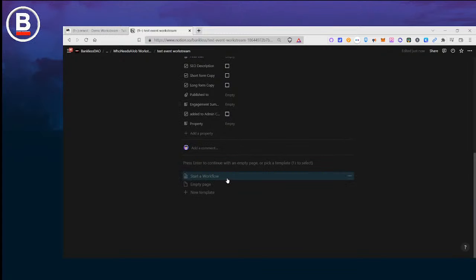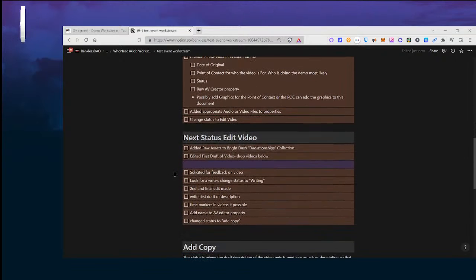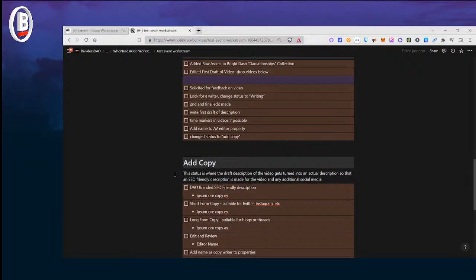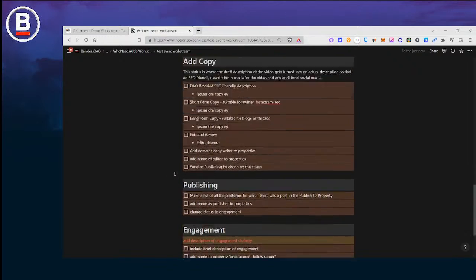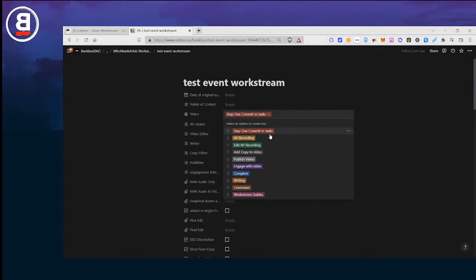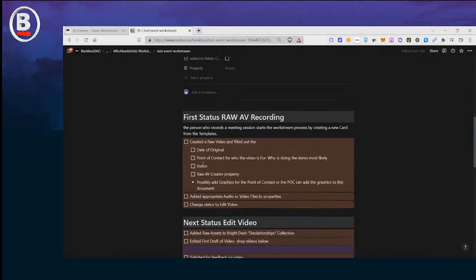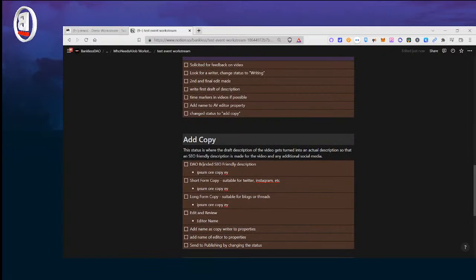But as you work through the template of the work stream and complete the action items that are here as part of the template, it will move you through the various statuses of committing to tasks, getting the AV recording, going through editing, going through writing, going through publishing. And this is essentially where the work stream of the coordinated event occurs.